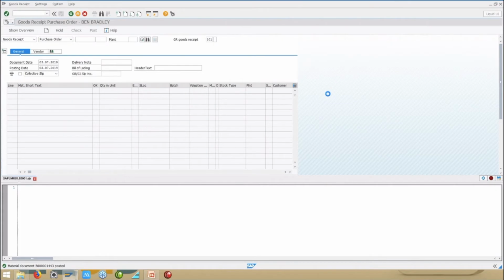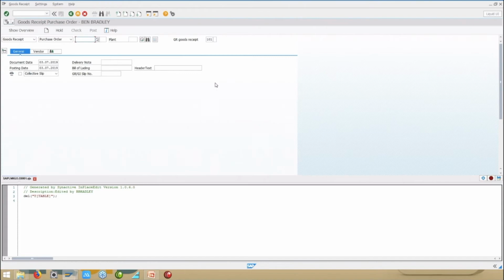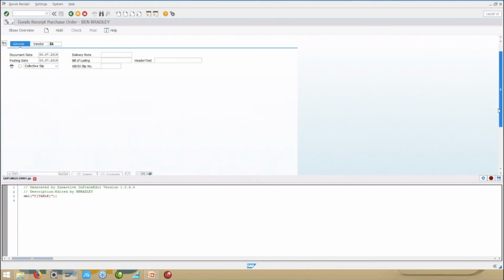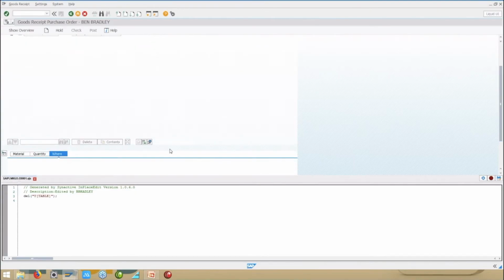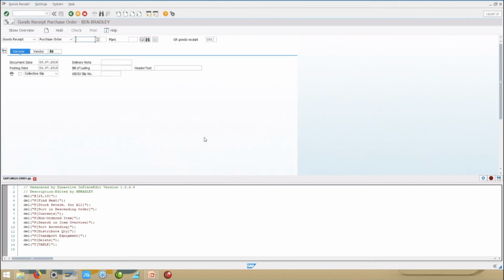And now we're going to have some fun by messing up this screen. So we want a clean slate start. We will just start clearing the screen here. So I will select an item and delete it. And again, you can see as I do this, script is being generated below. And this is the script that will ultimately, when the SAP GUI or Liquid UI app calls up this screen,